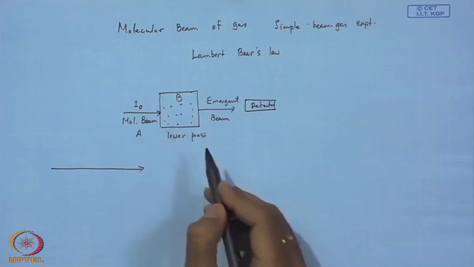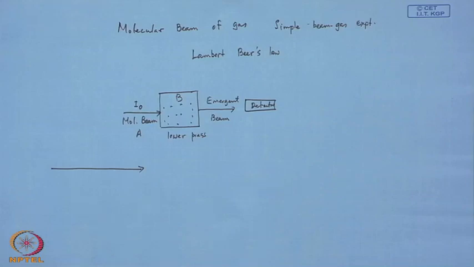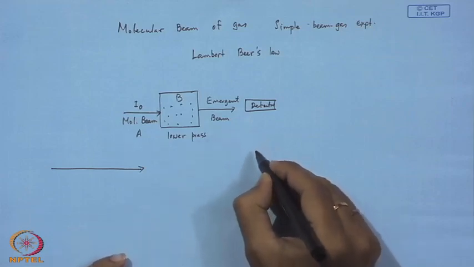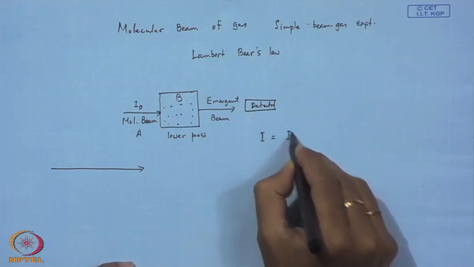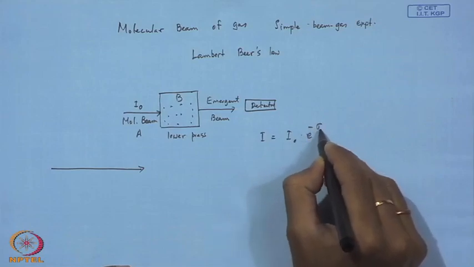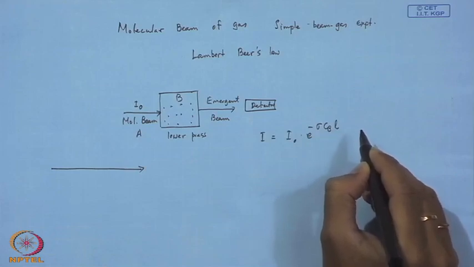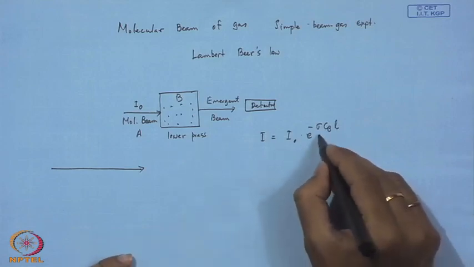So, that is why lower pressure. If it is under high pressure, then the situation will be further complicated, because much collision will be there, and maybe you may be getting full attenuation of this A beam. That is why low pressure has been used over here. Okay. And using this, similar to Lambert-Beer's law, we can form an equation like I0 times e to the power minus sigma Cb L. Okay. And sigma is the scattering cross section,